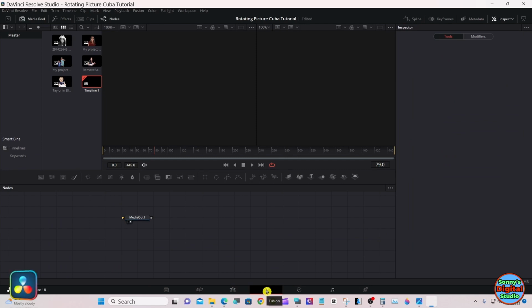In order to do this, you have to have 4 PNG transparent pictures. This is your toolbar up here if you're not familiar with it.